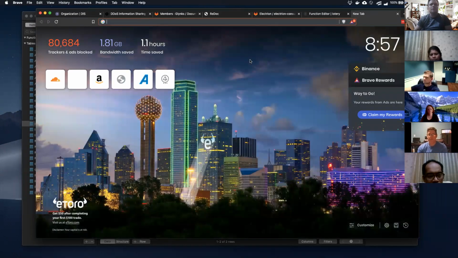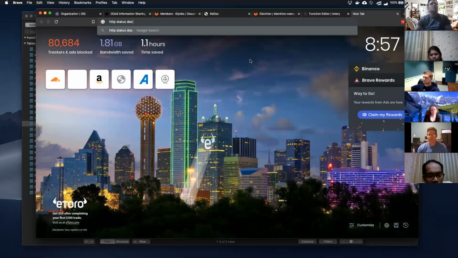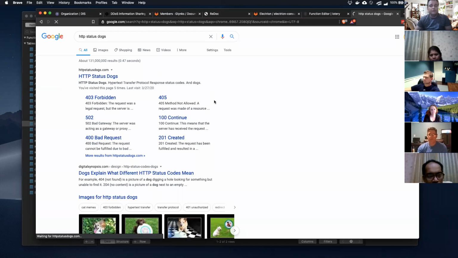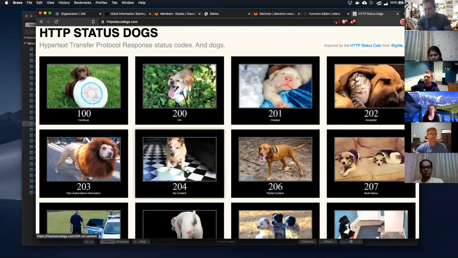So what was it? HTTP status dogs. This is where I always go. Sometimes you'll forget what HTTP codes mean, because there's a number of them. They're all numbered, and so oftentimes you'll see HTTP 200, and basically that's a response back that says, "Hey, server, everything's good." It's basically like an OK, right? That's HTTP 200. 201 is to send back a status code. A server will send that back to a client when it's created content. So the client does a post, and then the server by convention will send back a 201.